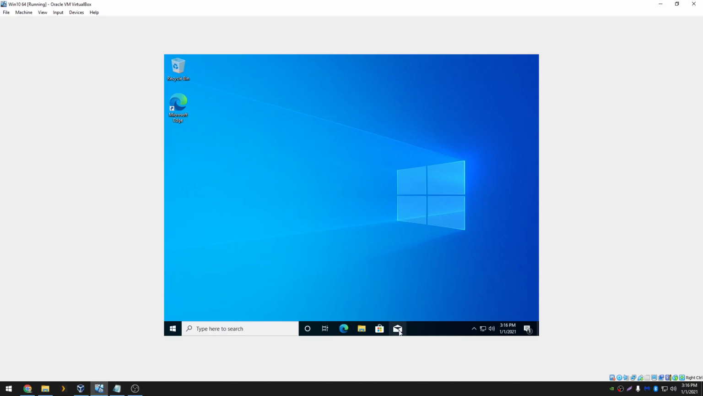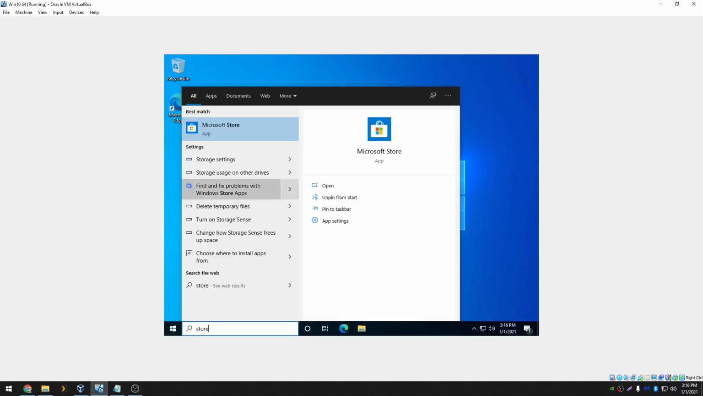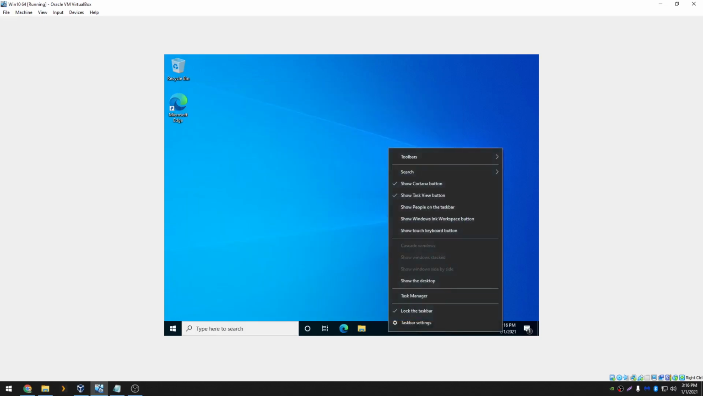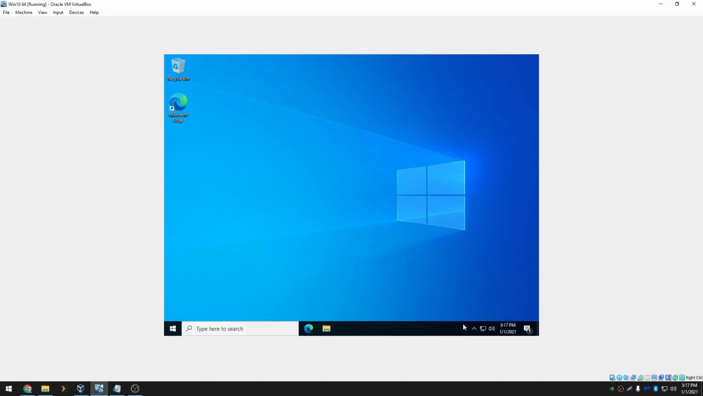Unless you plan on using them, I like to unpin the Windows Store and Mail icons from the bottom. You can always get them back by searching the Start menu for them and pinning them again if you like, just like so. I like to uncheck the Task View and Cortana button because this is personal preference, but